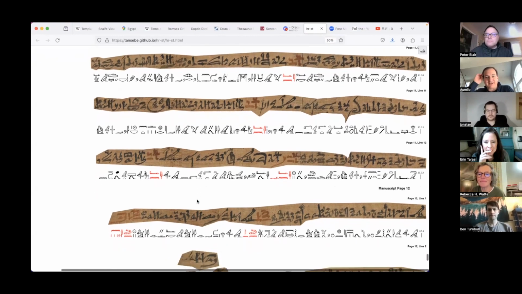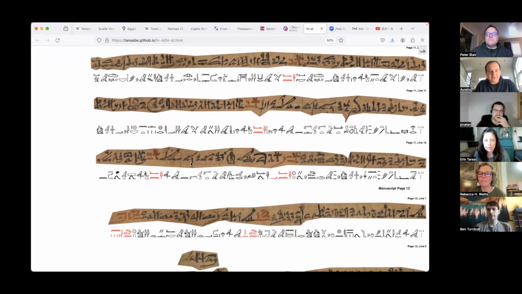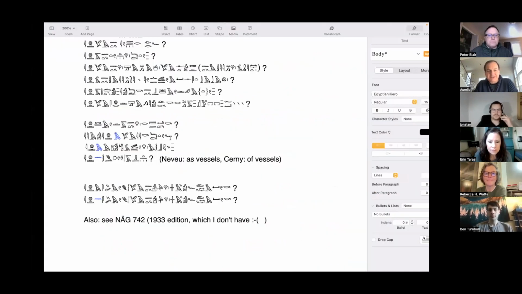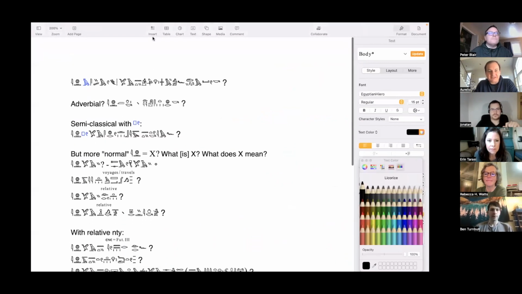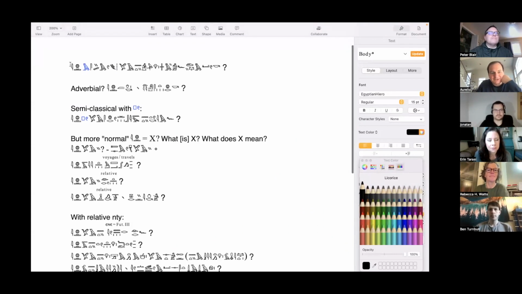Actually, before we go there, I had a quick follow-up. If you guys indulge me for a moment, we had this weird sentence two weeks ago, and I decided to dig a bit into it. I'm not sure if anybody else had any more thoughts on it. It was this one here.